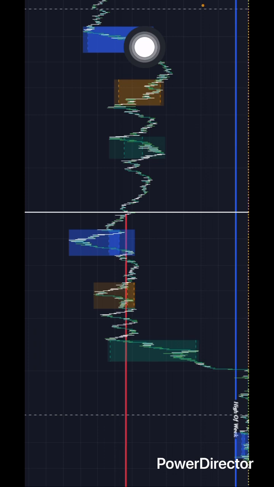So if I came to my chart and I saw that behavior of price breaking the low of the previous day and then immediately shooting to the other side of the daily range, the current day's range rather, that would